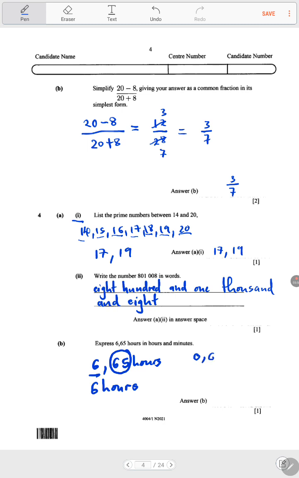So if you take 0.65 and you multiply it by 60, which is a complete hour, you're going to get 39. So which means it's 39 minutes. 0.65 is equal to 39 minutes. So now you write your answer as 6 hours 39